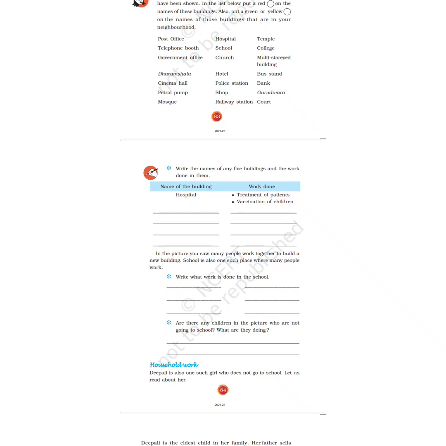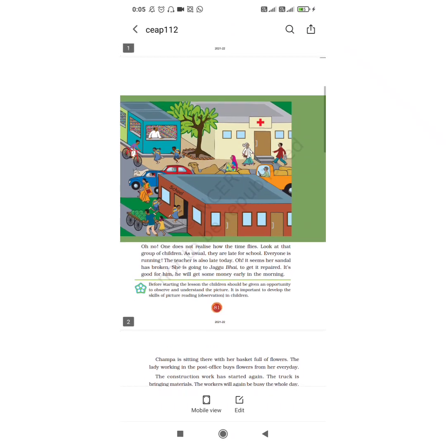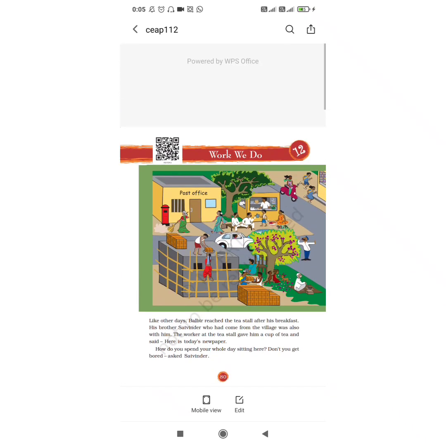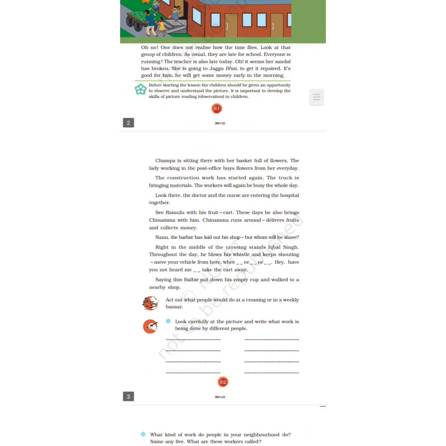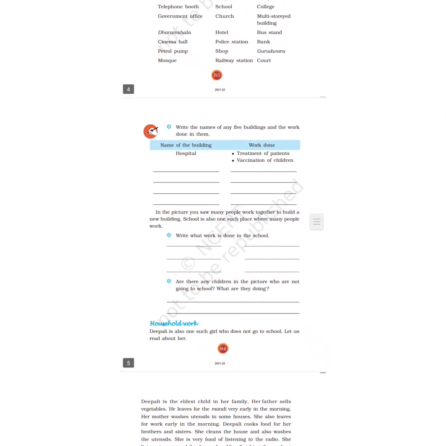You can see on page number 80 that some children are helping their father in selling the fruits. Similarly, you can also see that in the first image a boy is selling tea to the customers. So you can see in the images that children are doing various types of work. Some are helping their father in selling the fruits, as well as someone is helping in selling the tea to the customer. So class,